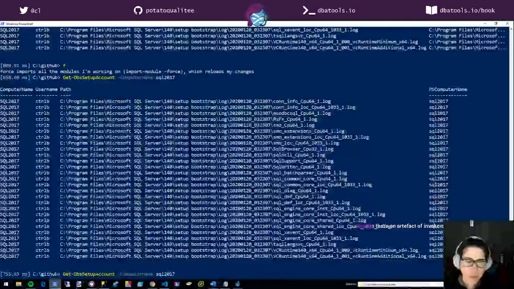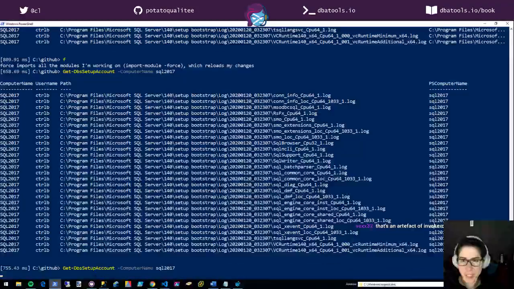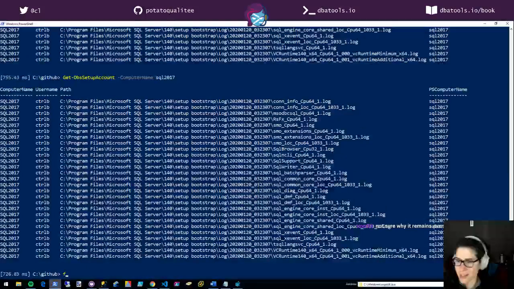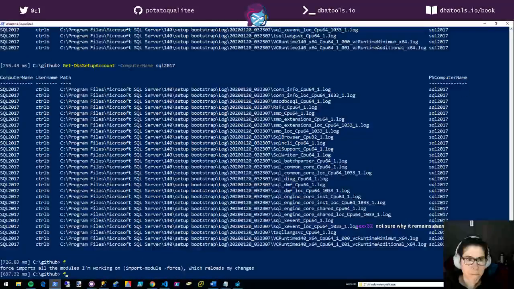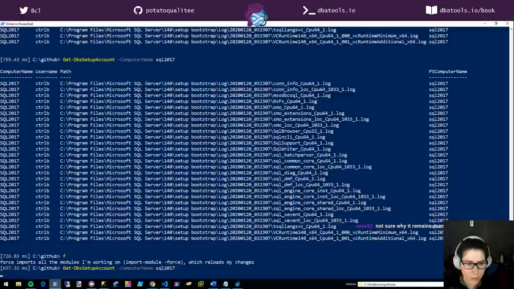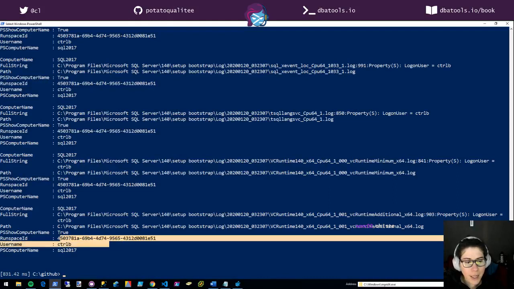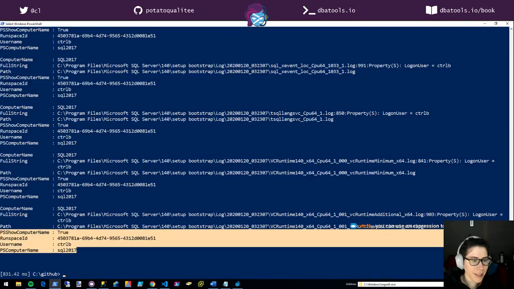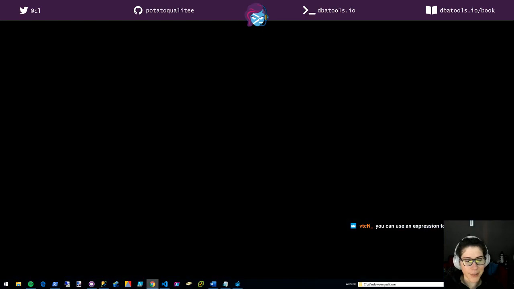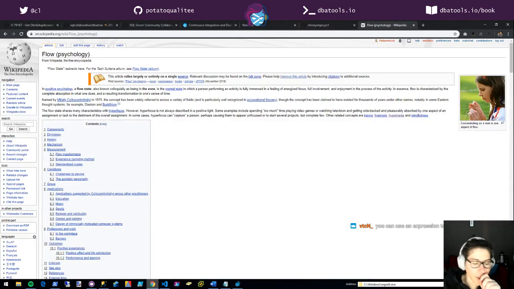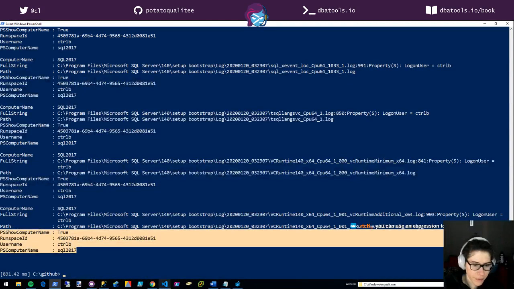Yeah, so invoke command adds some junk. It always adds like PS computer name and stuff. And so what I'm trying for is to remove that. But it's so hard sometimes. Look, I told it to exclude stuff. Now it's just like, this blows. Okay, whatever. I guess I couldn't do that. Oh, I know what I'm gonna do. Hold on.